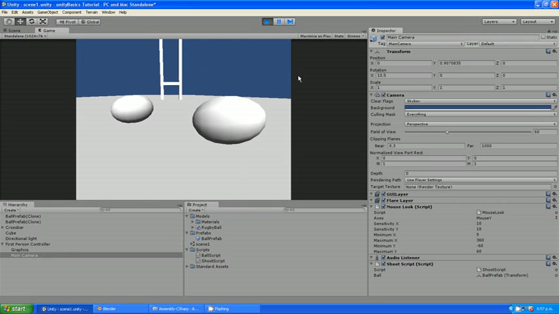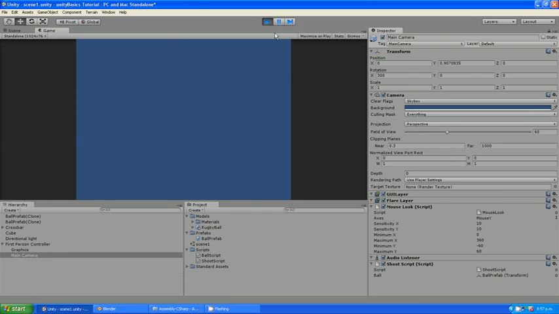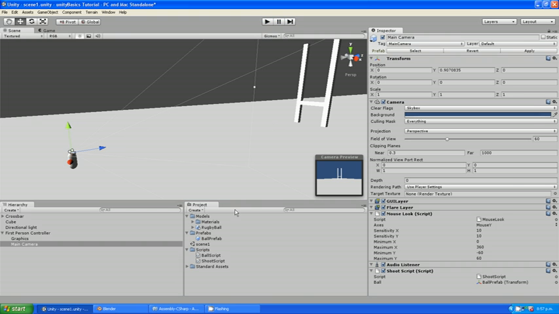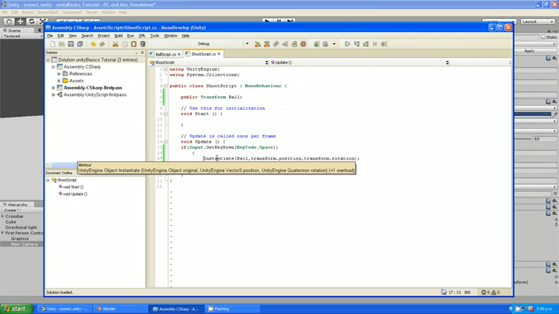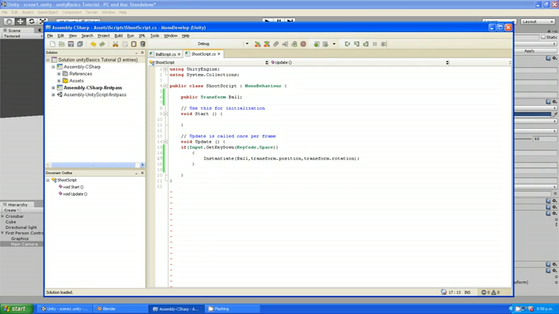We want to add some forces to those prefabs, so I'm just going to show you the slightly complicated way to access this prefab when it's been created. So we've got the ball here. The instantiate function will return an object back from it. If you see in the code, the method Unity engine.object instantiate, the Unity engine.object is the return value. So what I'm going to do is I'm just going to say here,